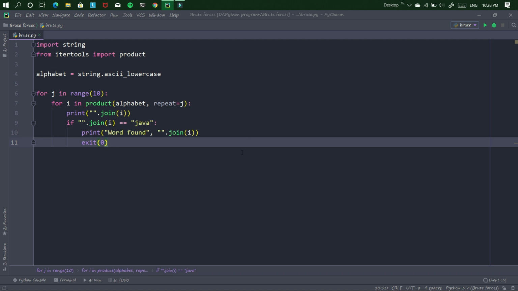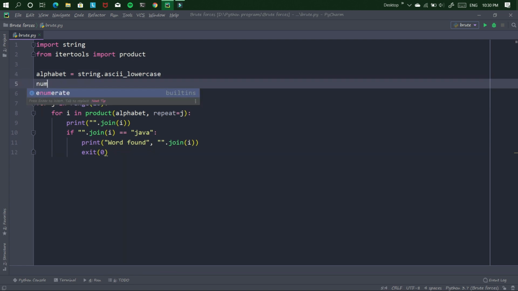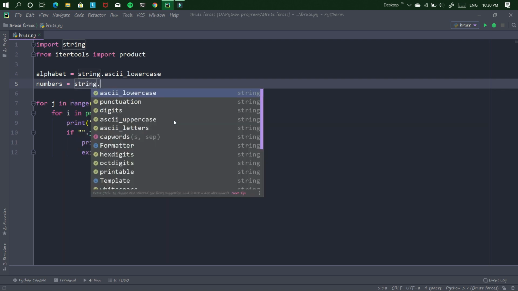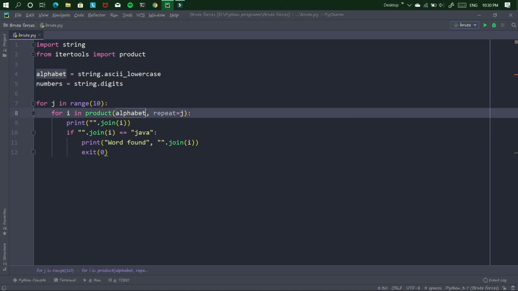Now I will check if I am able to make a combination of numbers or not. But first I want a string of numbers, so I take numbers in a variable with the help of string.digits. I will change the argument in product.